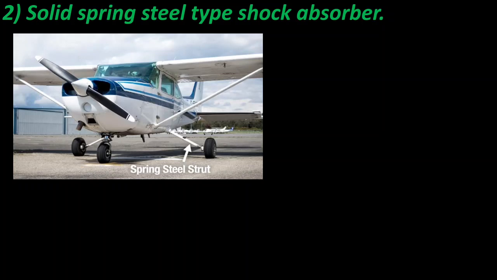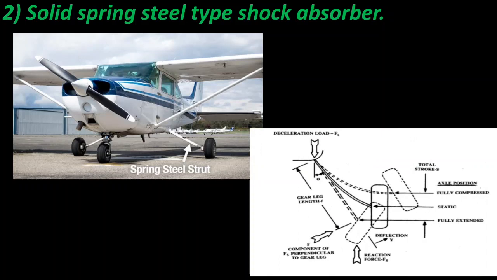As these struts are deflected, the wheels undergo an angle of travel. As the wheel stroke is non-vertical, as you can see in the next picture, this motion causes excess wear on the side of the tires and is known as scrubbing. An additional disadvantage with this shock absorber arrangement is that there is no damping of the shock induced vibration. Similar to an undamped spring system, the strut reverberates up and down, causing the aircraft to bounce during landing.